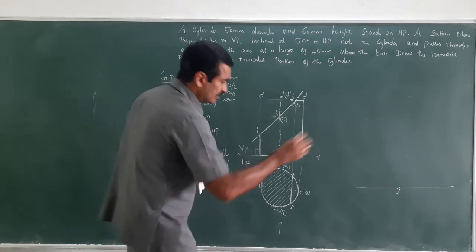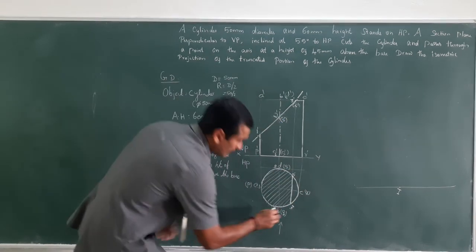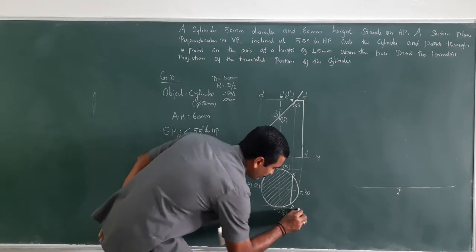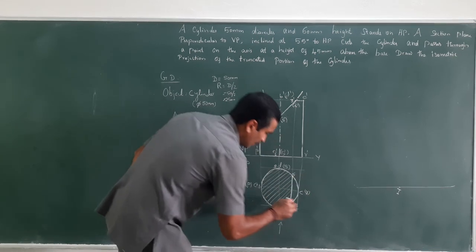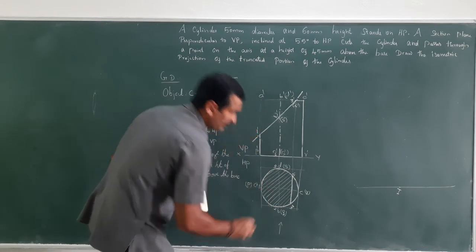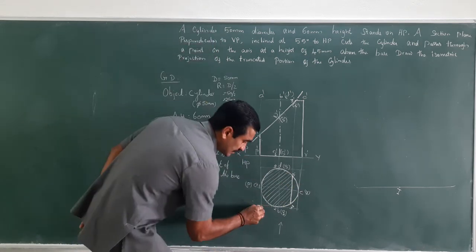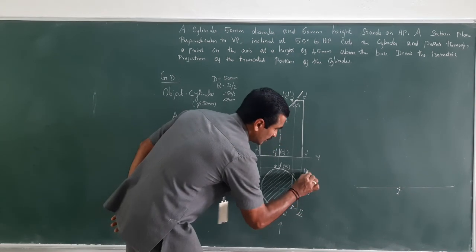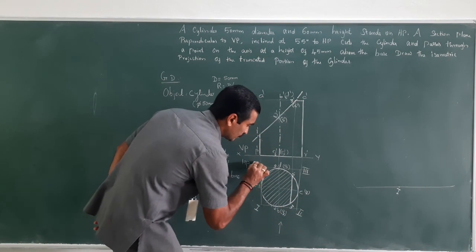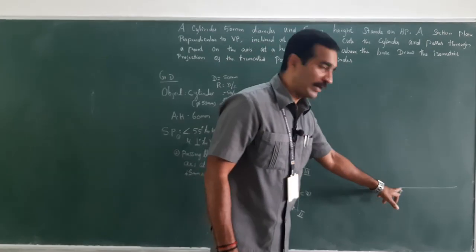So draw a tangential line from D, similarly B, now a tangential line to C, now a tangential line to A. By doing so, you will get a box. Let me give the naming with Roman numerals 1, 2, 3, 4. Now look here, 1 is here. The 1 I have already placed here.